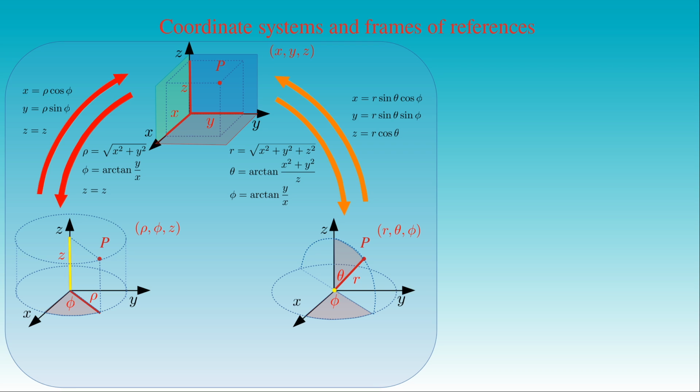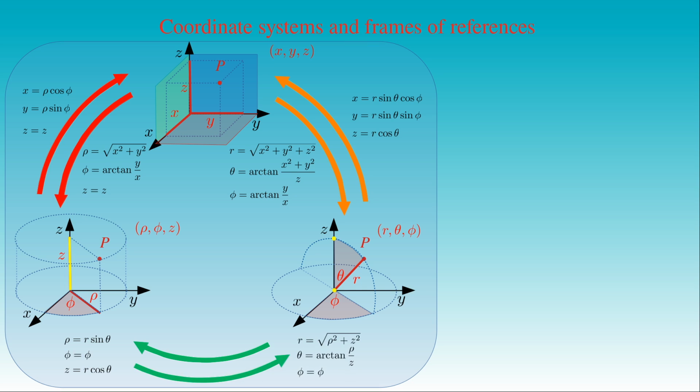Two other point sets of singularity are the north and the south poles of the unit sphere around the origin O, determined by theta equals 0 degrees and theta equals 180 degrees, respectively. On both poles the longitudinal angle phi is undetermined. These coordinate singularities can also be covered with the Cartesian coordinate system. There are also coordinate transformations between the spherical polar and the cylindrical coordinate systems. This transformation maps the spherical coordinates r, theta and phi into the cylindrical coordinates ρ, phi and z. And its inverse transform sends the cylindrical coordinates into the spherical polar ones.